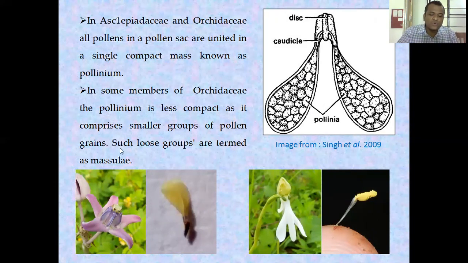Here I have shown you in the photograph, this is Calotropis and these are the pollinia of Calotropis. These pollinia are present on the corners of the gynostegium. There are 10 pollinia, meaning 5 pairs, and in each pair two pollinia are found. Then this is another example of an orchid, that is Habenaria longicorniculata. Here you can see the pollinia of that Habenaria species. So this is the general structure of pollinia.